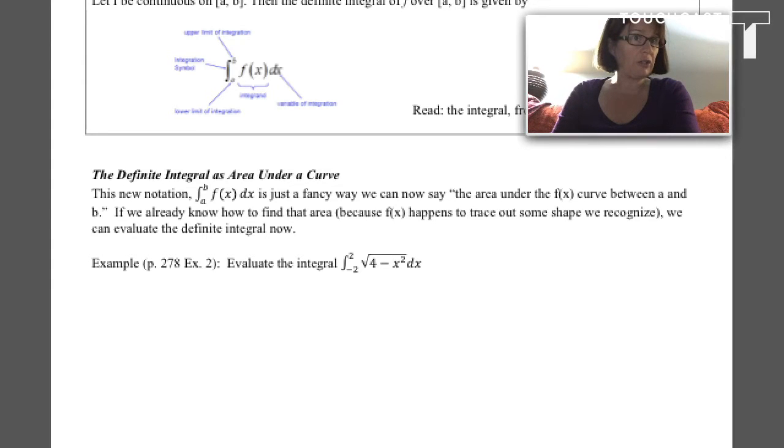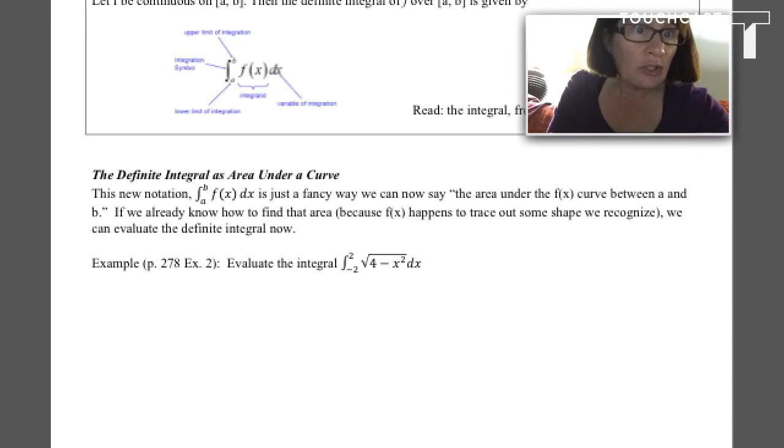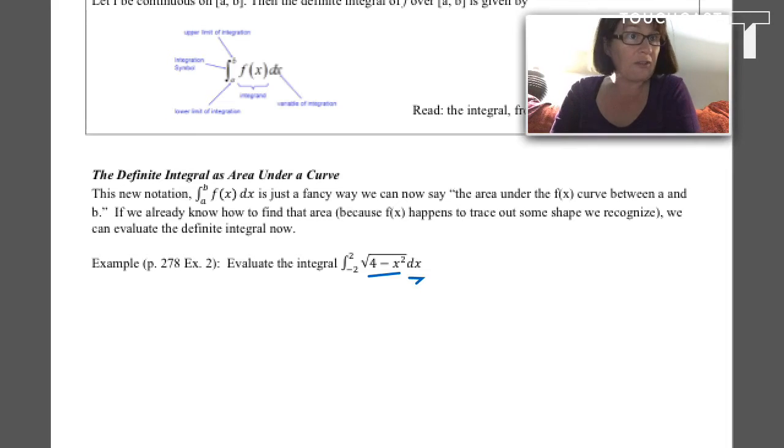So notice that on your paper, your handout, the dx was inside the radical. That was a typo. I'm very sorry. The dx is on the outside because every integral should look like a height times a width, because what we're really doing in an integral is adding up infinitely many rectangles. Cool. So we can get around it in this case because we happen to know